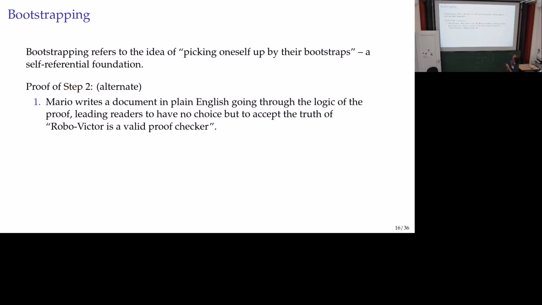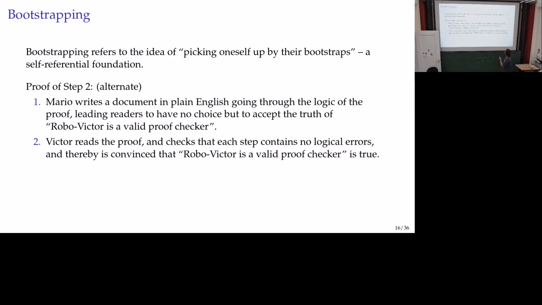It's a document in plain English going through the logic of the proof. This is in fact the same as our first version of the proof before we'd added the computers. So we have some plain English reason to believe this statement. And then Victor reads the proof and is convinced that it has no logical errors, and thereby is convinced of this truth. So essentially what this is, you have a self-referential proof, and then you also have a sort of plain English proof, and the self-reference actually helps with being able to trust this proof more than you would if it was just on its own. So it doesn't stand on its own, but it is a bolstering mechanism for other methods of